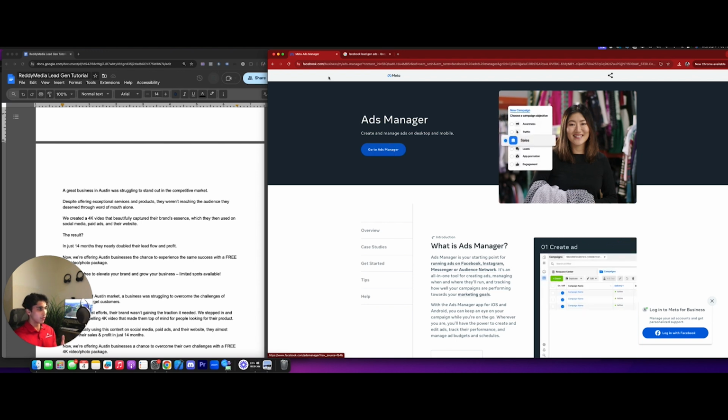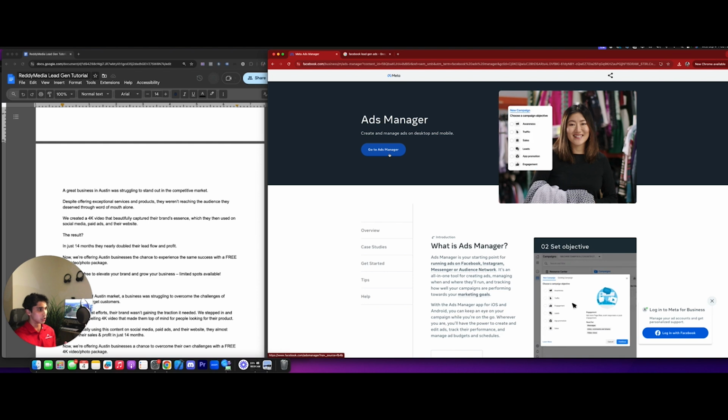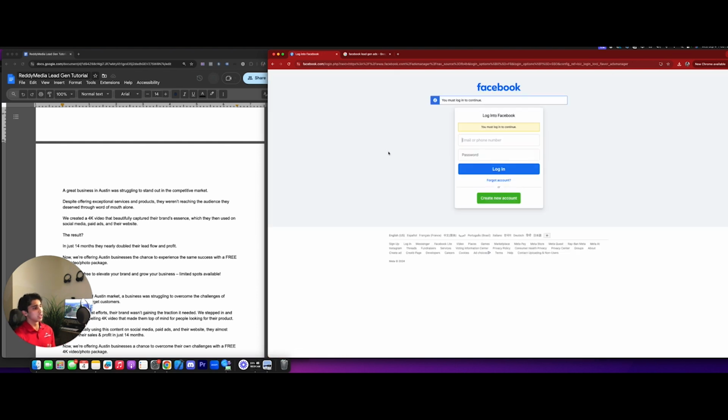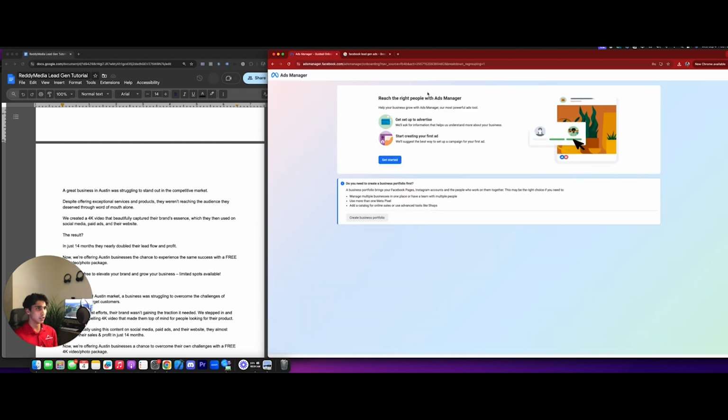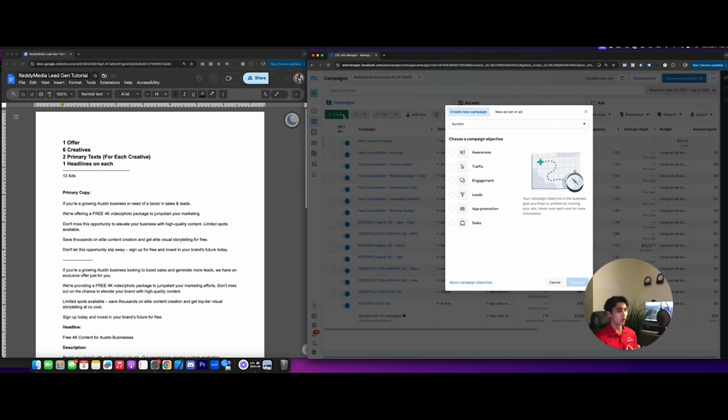If you haven't, you're just going to come to Facebook Business Ads Manager. It'll be the first link you click. You will have to set up a business account if you haven't already. However, I'm sure that if you are a business, then you have already done this. So you can see this is kind of what it'll look like. You can click get started, fill this out, and then meet us along once you have this set up. I'm going to show you how you can set up the proper way to generate leads